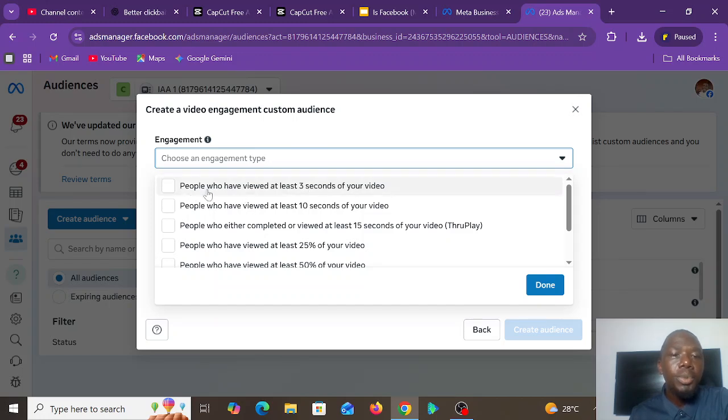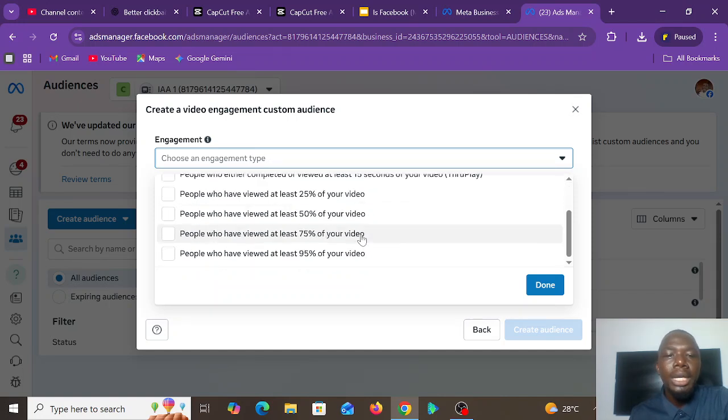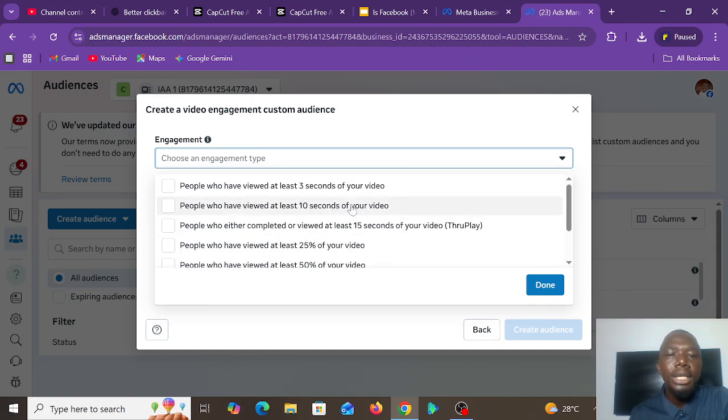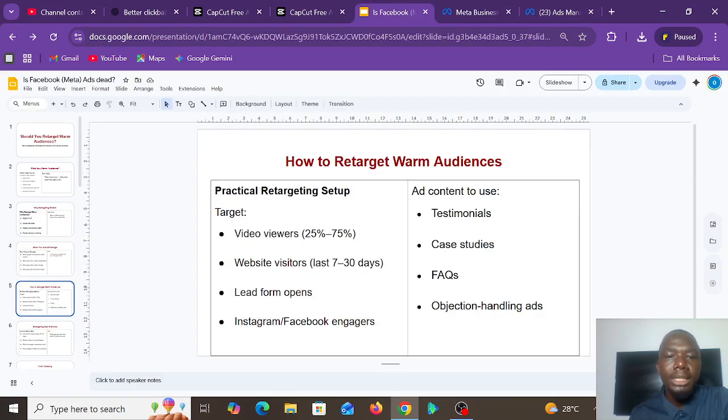This is people who have viewed at least 3 seconds of a video, people who have viewed at least 10 seconds, people who have either completed or viewed at least 15 seconds of your video. And so we have different options here. But remember what I said, you should choose people that have viewed 25 to 75%.